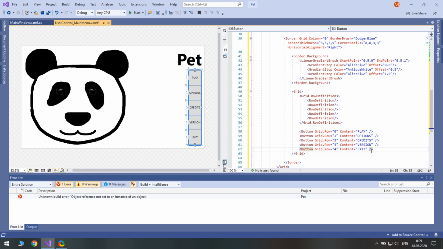Every button should be large enough to be readable. Instead of changing each button's margin, height, and font size, let's just create a style for buttons in the border resources.